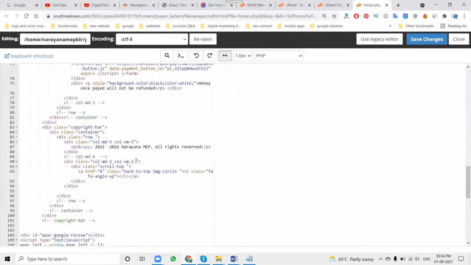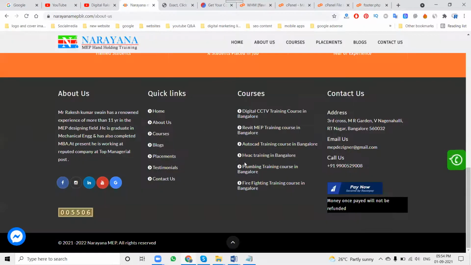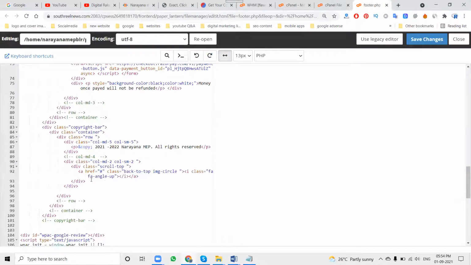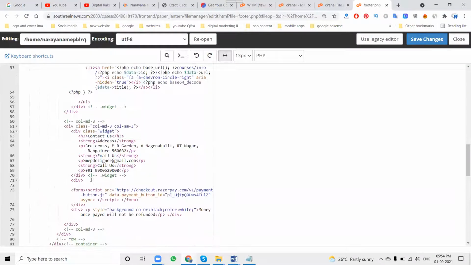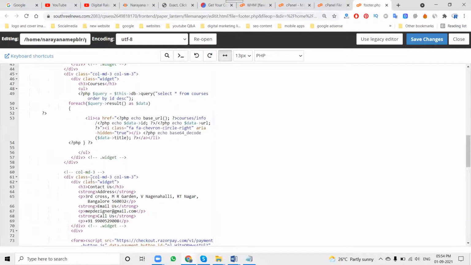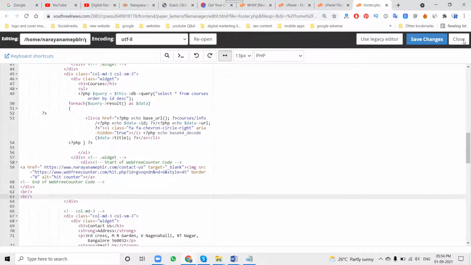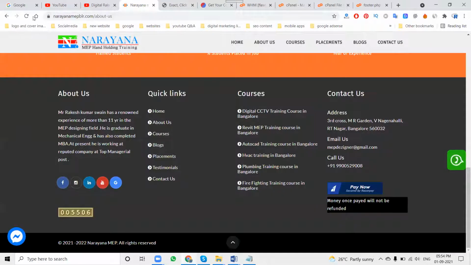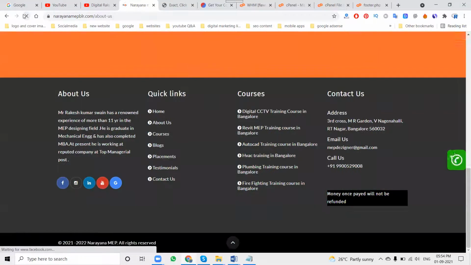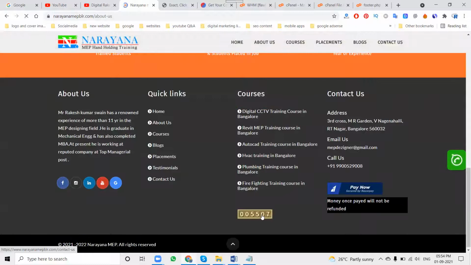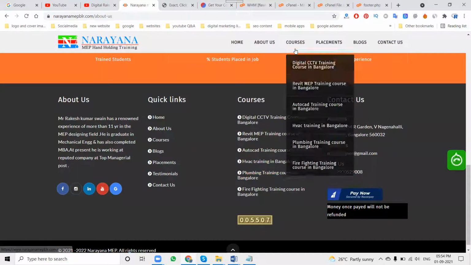Suppose I'm changing the pattern, exactly in quotes. Here is the page count option.